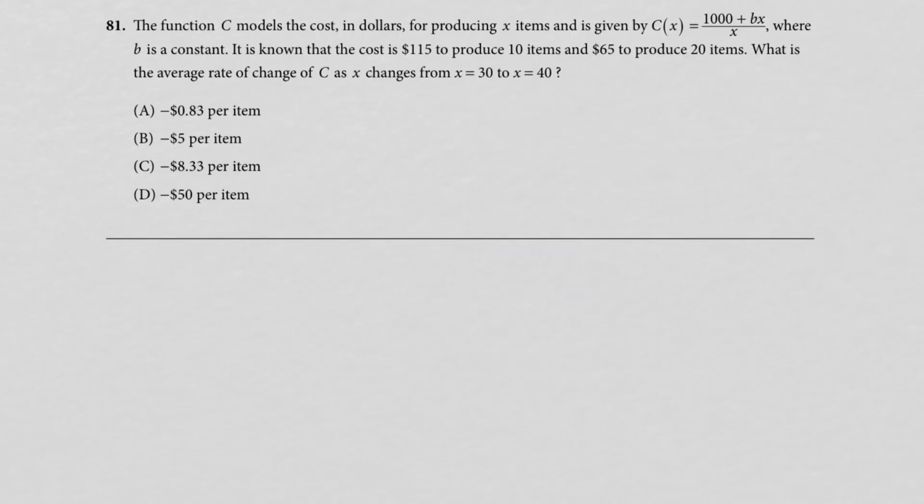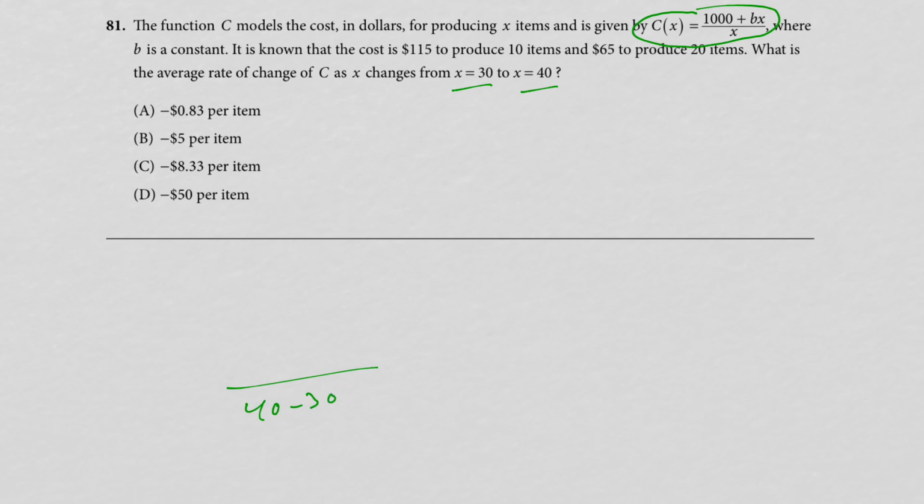The function C models the cost, and it's given by this equation, where B is a constant. It's known that it costs $115 to produce 10 items. Wow, that's it. Oh, I see. This is sort of confusing. They want to know the average rate of change from 30 to 40. So you want to